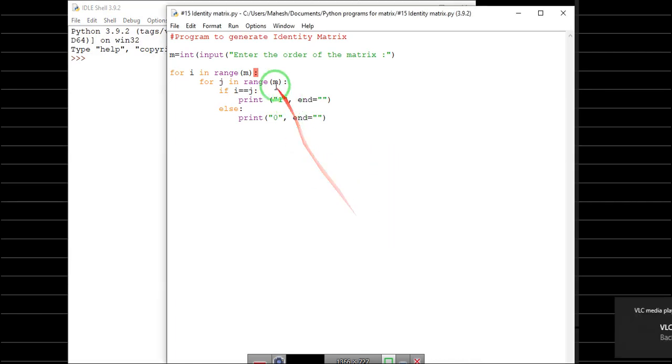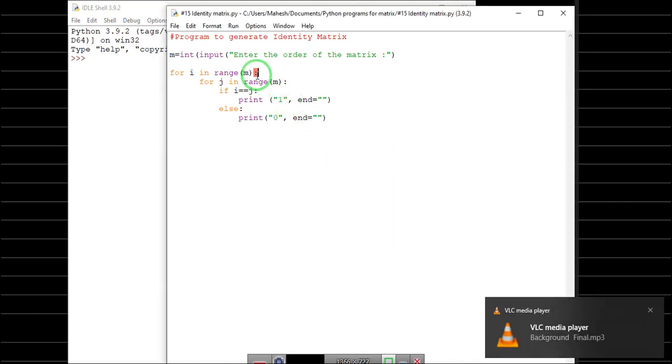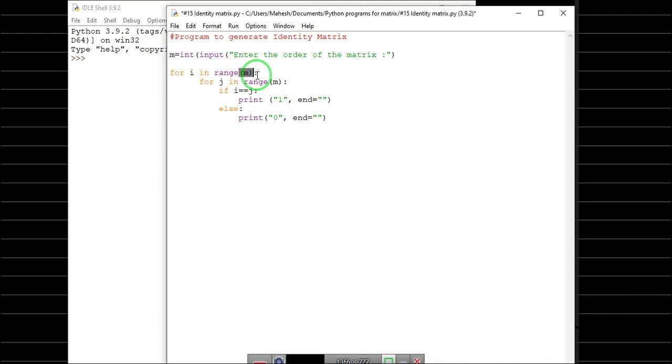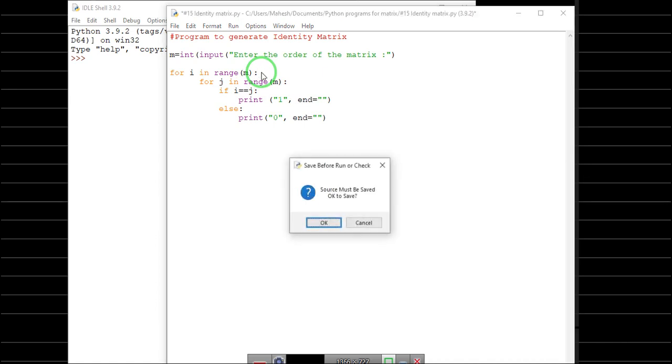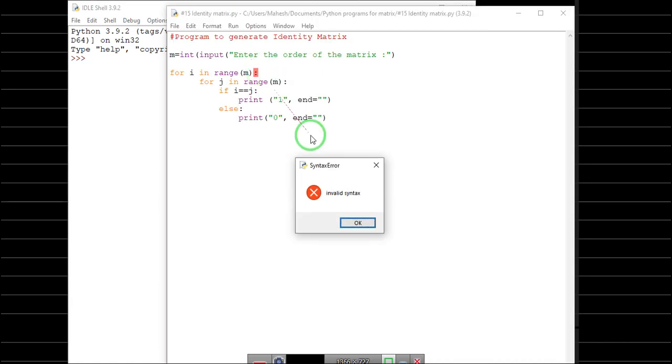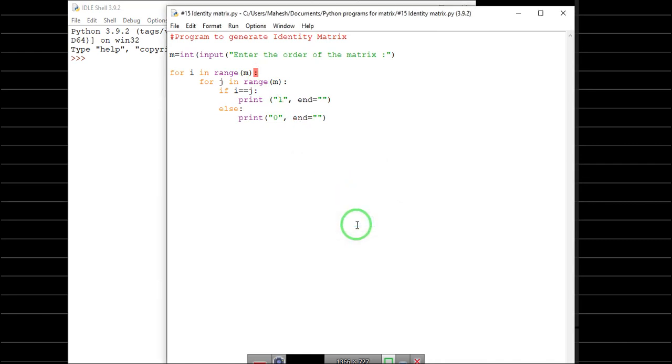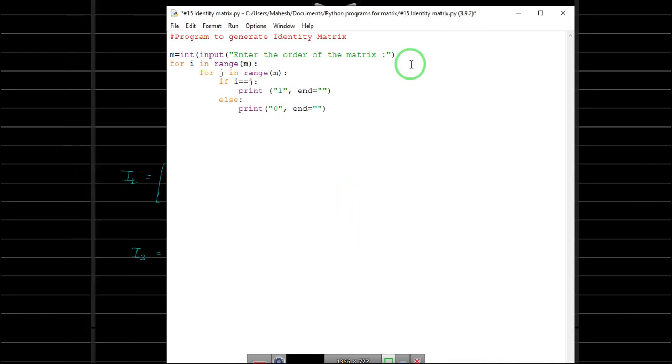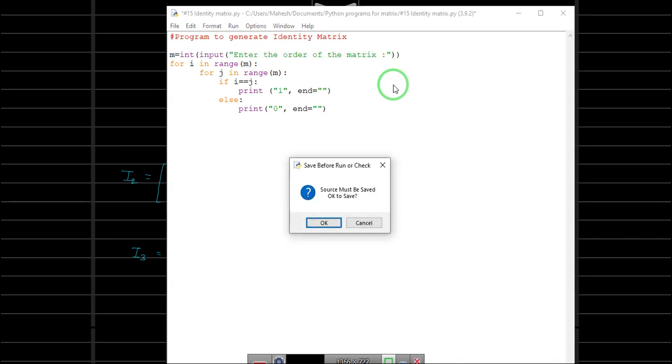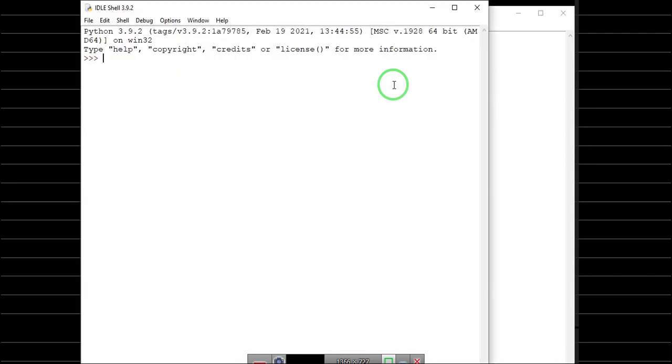Invalid syntax, so let's see again. We missed the bracket here. If you notice, we closed this once and then again. Yeah. So let's compile this.